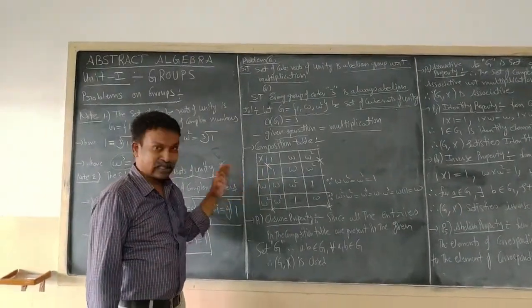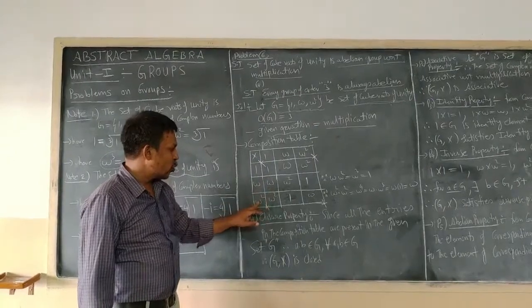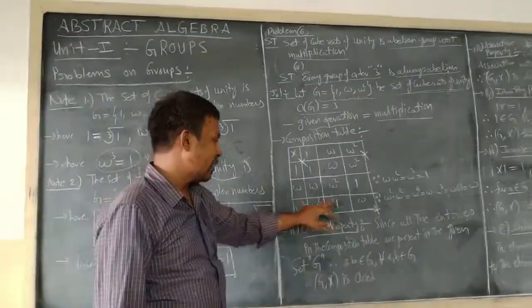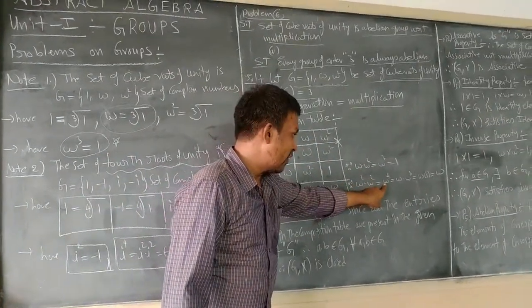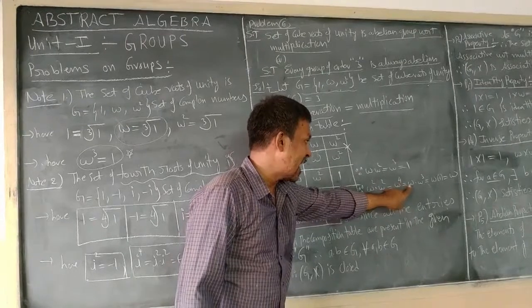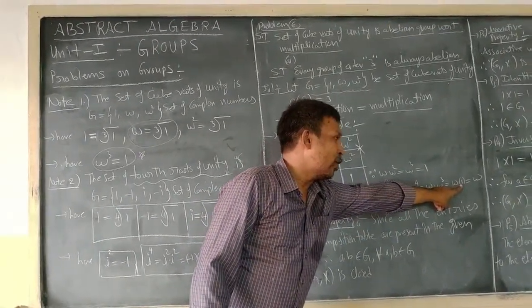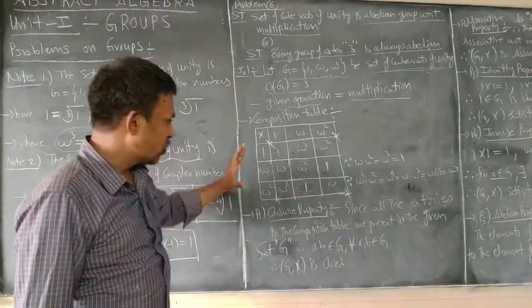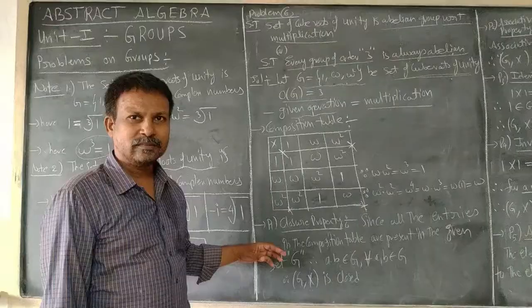Now let us go for the third row entries. Omega square into 1 gives omega square, omega square into omega is again omega cube, which is equal to 1. So omega square into omega square is omega power 4, and omega power 4 is written as omega into omega cube, where instead of omega cube I have taken 1, so omega into 1 gives omega. Therefore all the three rows' entries are finished.